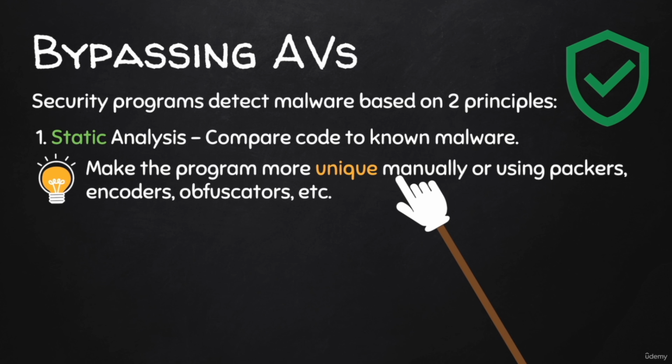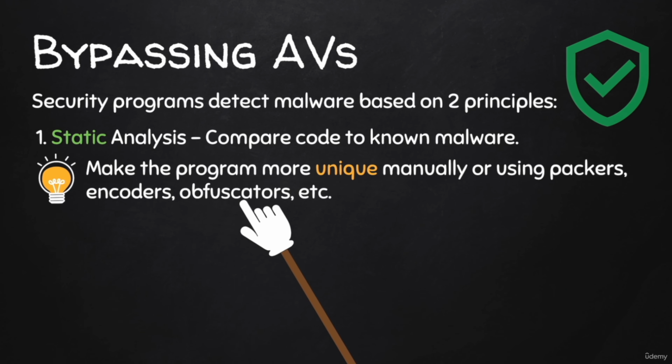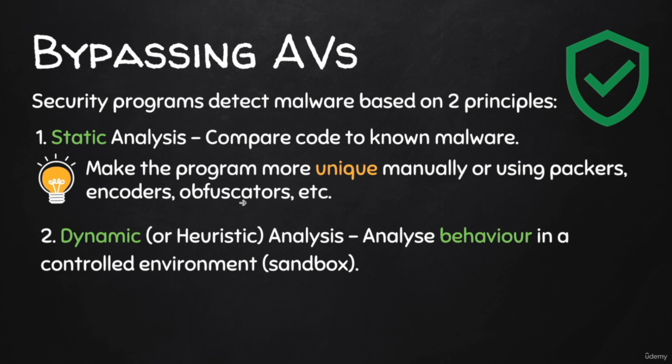If you know programming, you can write your own backdoor or modify the existing code of the backdoor, or you can use ready tools such as packers, encoders, or obfuscators. All of these tools basically modify the code of the program so that hopefully the resulting code is unique enough to not match anything that exists in this database of known malware. So this first approach is actually easy enough to bypass, but it gets trickier when antivirus programs get smarter